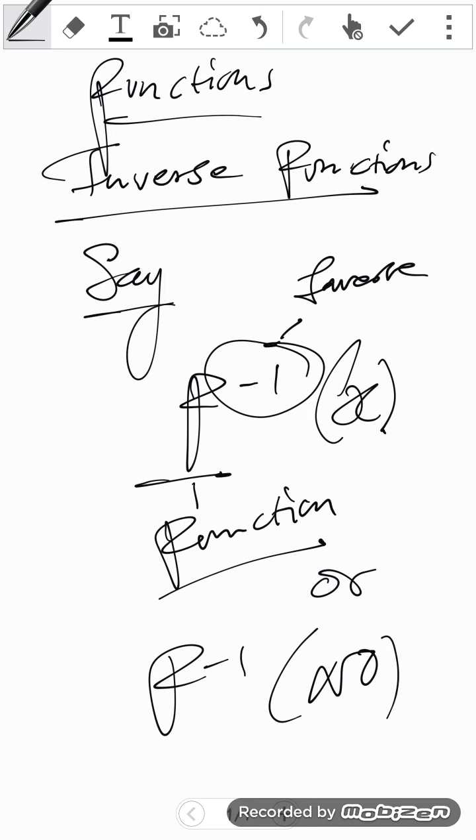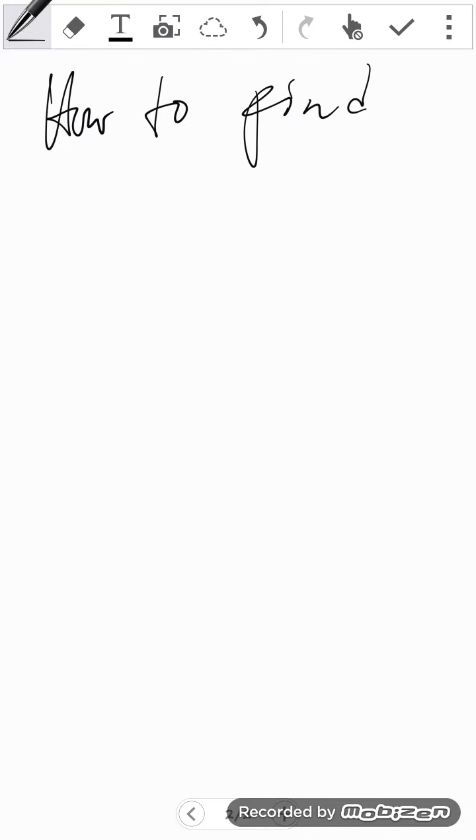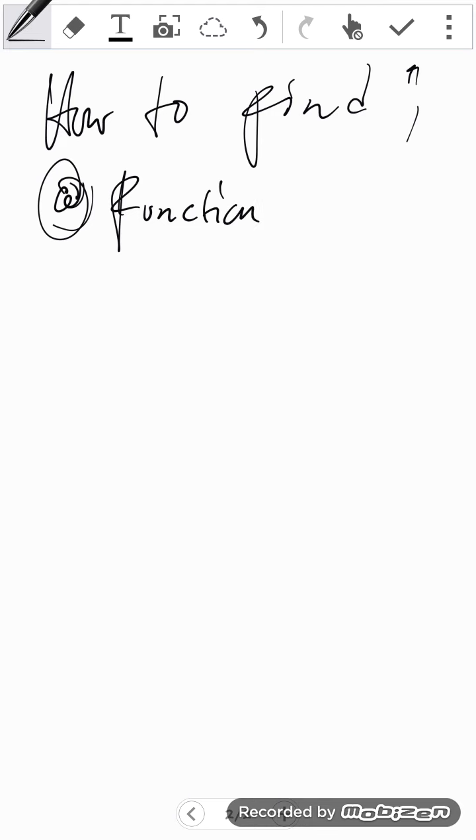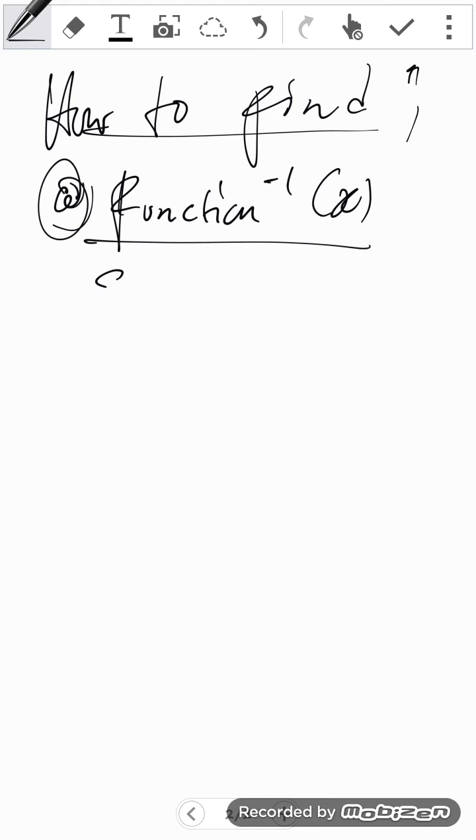So now I want us to look at how we can find such functions. So now let's look at how to find, for instance, let's say the function inverse of x. How to find the function inverse of x. So now how to find the function inverse of x, say, during the exam they would say where